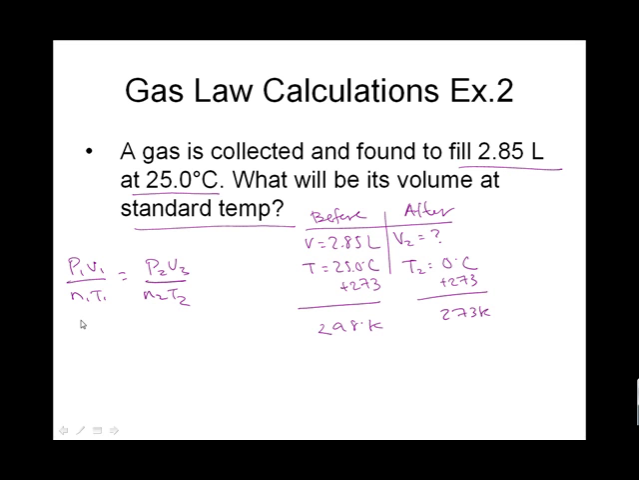you have P1. So what are my constants? My constants are pressure and the number of moles, because there is no mention of them changing. So these are my constants, which tells me that I can actually cancel those out. V1 is 2.85 liter. My T1 is 298 Kelvin, which is equal to V2, which is my question, over 273 Kelvin. Alright, so now I want to isolate V2. V2 must equal